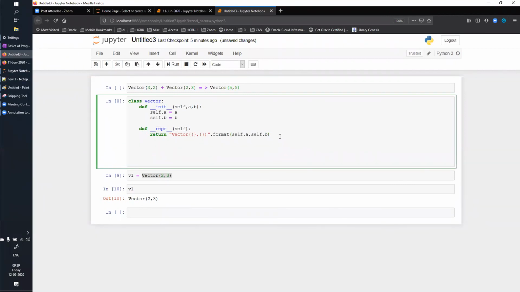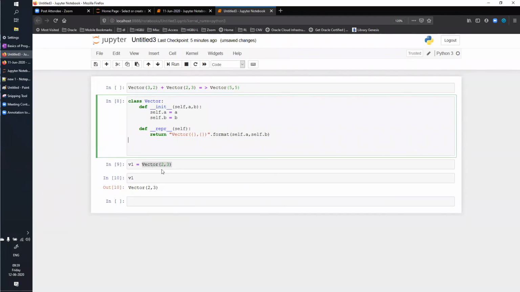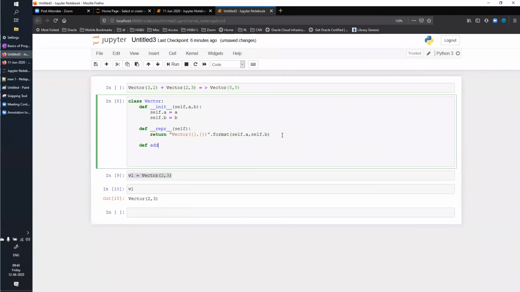Okay. Now let's mimic the other functionalities which are there. So let's say add functionality. For now, if you want to add two vectors, let's just have def add, okay, and this add will take two vectors, right? One will be self and the other one will be, let's say, other.